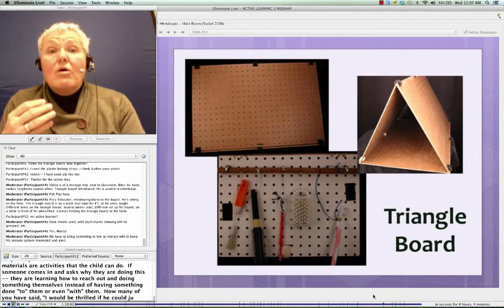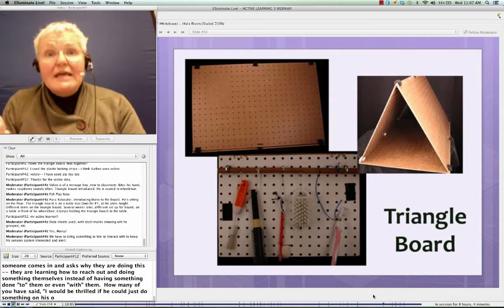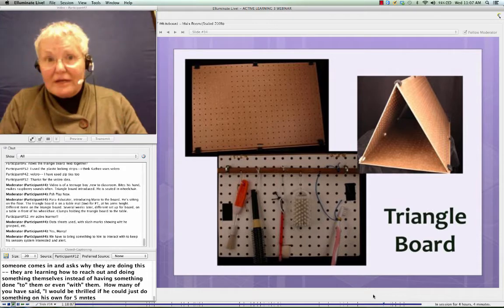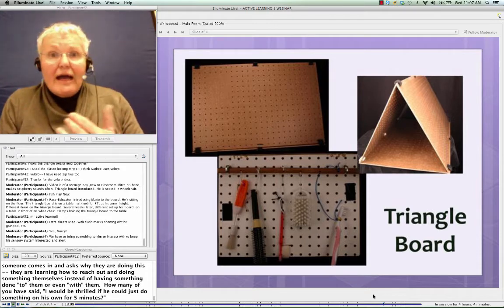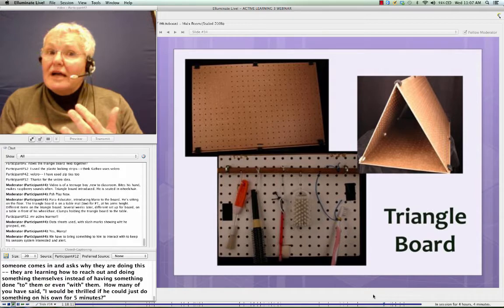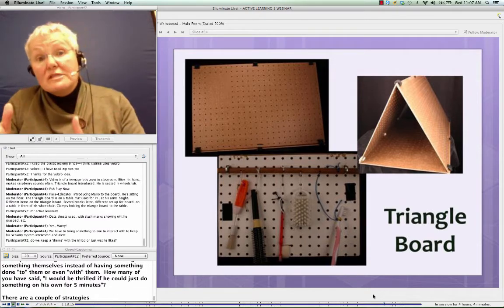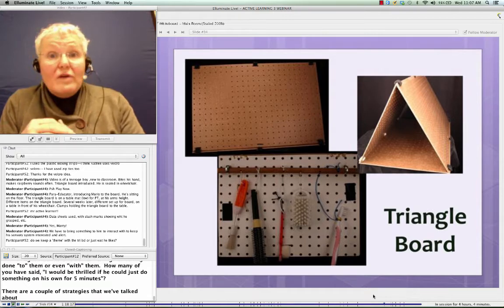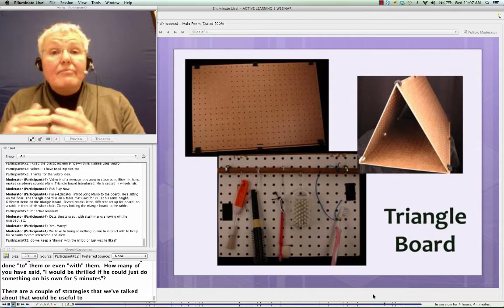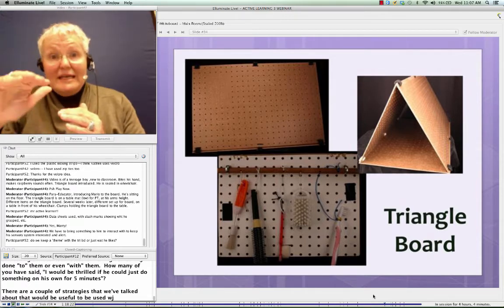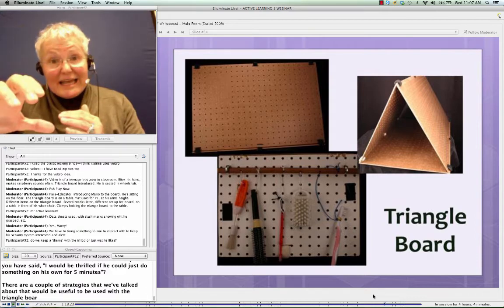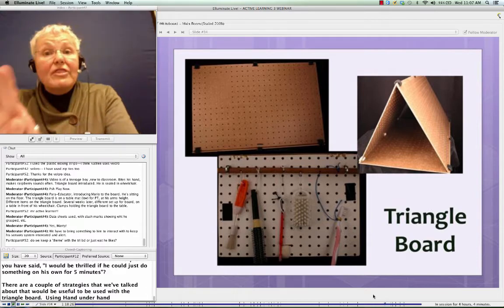So that is a huge piece of this whole active learning. And I'm sure you saw with the strategies that there were a couple strategies we have talked about that would have been very useful to be used with the triangle board. The idea of going under his hand instead of taking his hand to show him where everything was on that